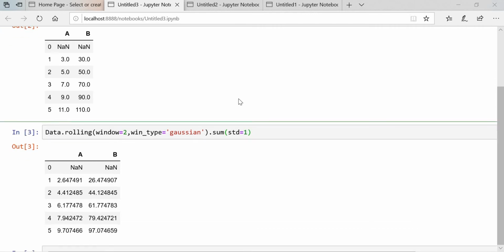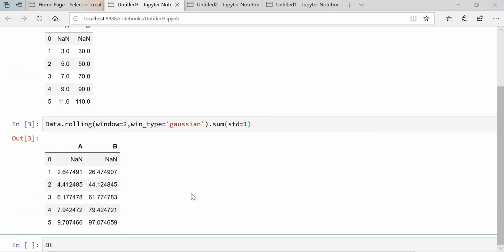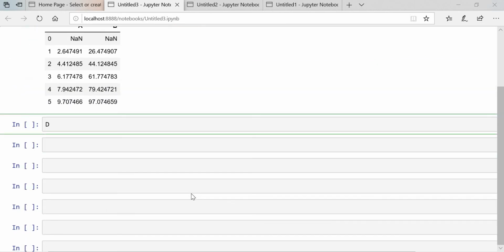I will explain one more win type here, that is exponential. data.rolling, window size equals 2, and win type I will explain, that is exponential here. And here I will do the sum, and here I need to pass tau equals, let's say, 1.